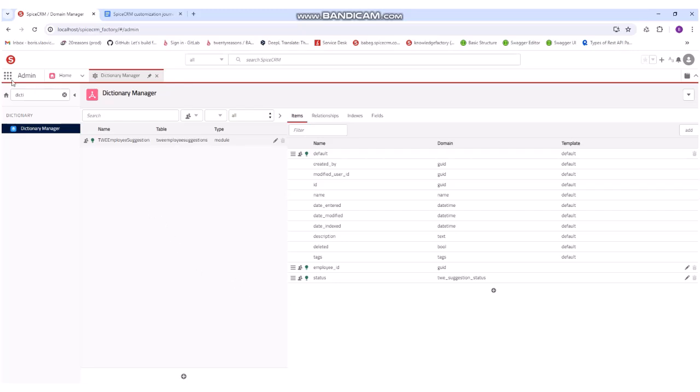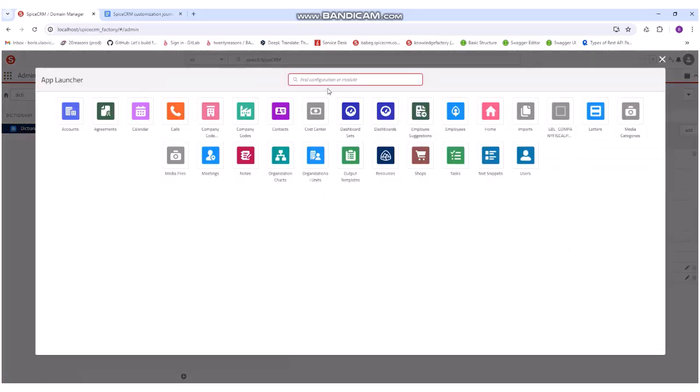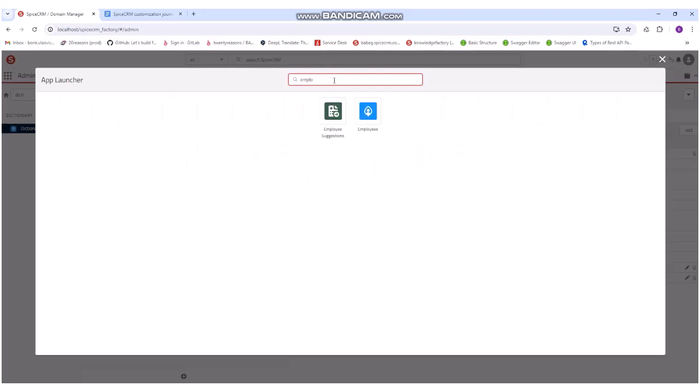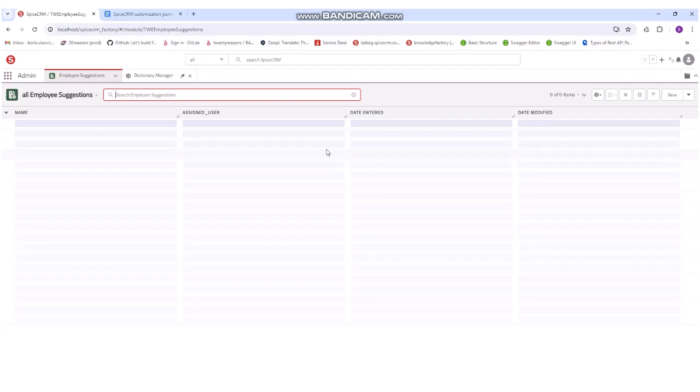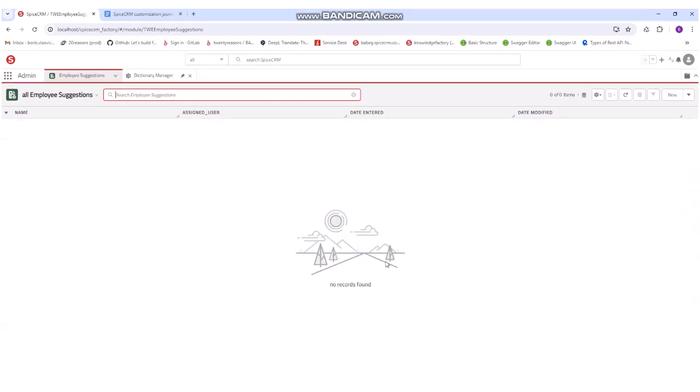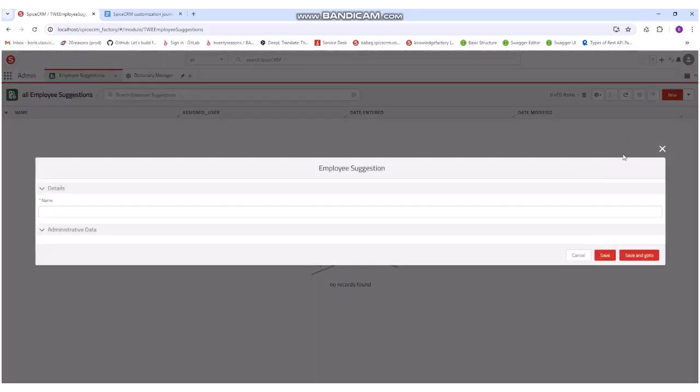If we go to our app launcher now and type in employee suggestions, it already exists here. And if we go to it, we will be taken to the default list view. So when a view for a module is not specifically defined, it is always defaulted to this specific view. We can try to add a new suggestion by clicking on the new button,